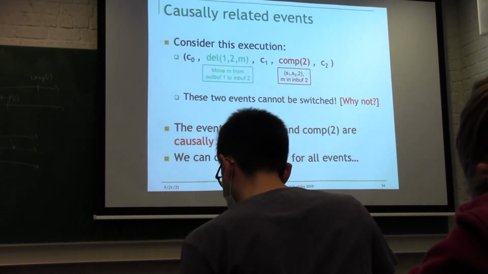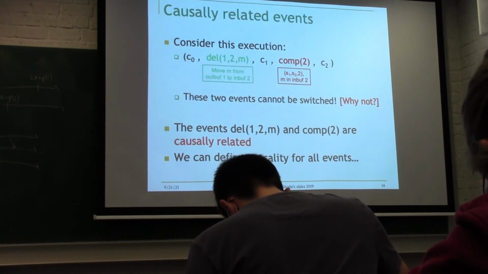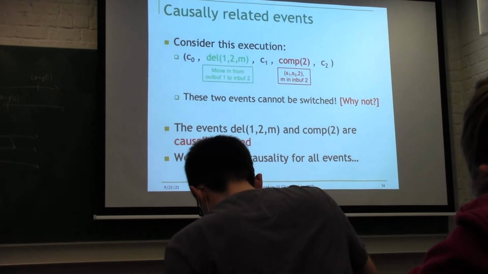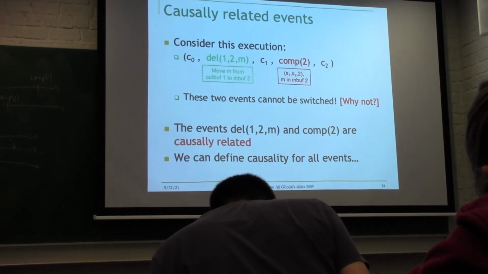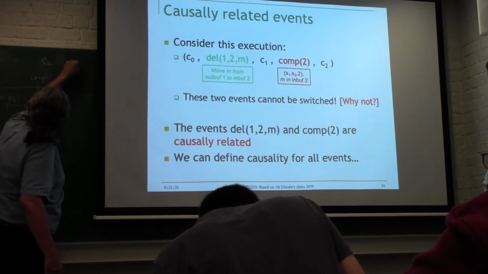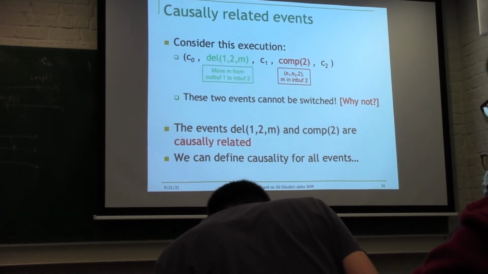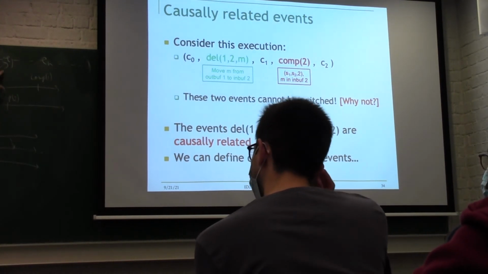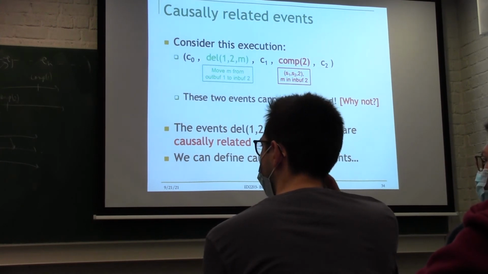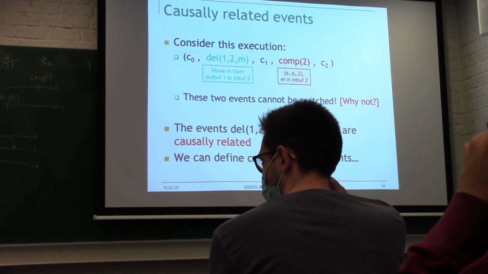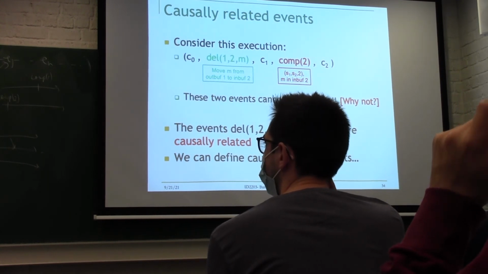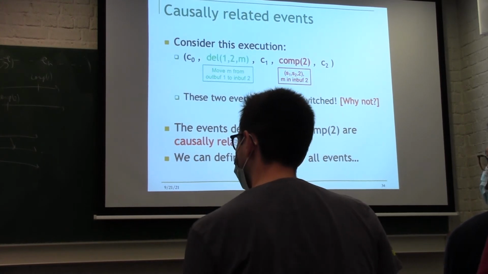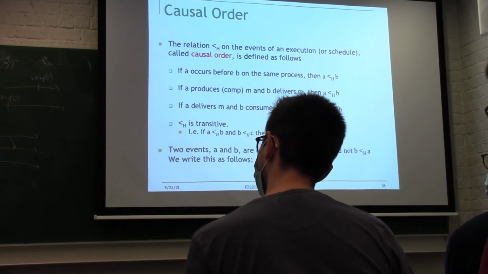So you can define an order between all events now. Here I just show you a few. But if you look at an execution, here a schedule, for example, you have huge number of events. You could define any two events, EI, EJ. You can ask yourself, are these two events causally related or are they concurrent? Who knows? Maybe they're causally related, maybe they're concurrent. And you can define an order, a partial order, among all the events. You see that, huh?